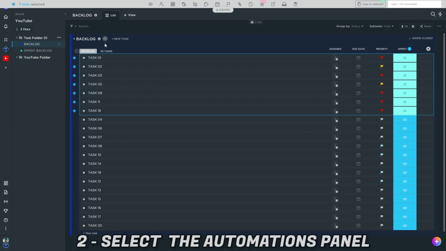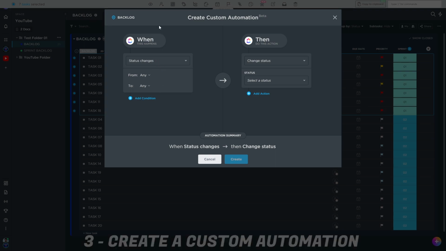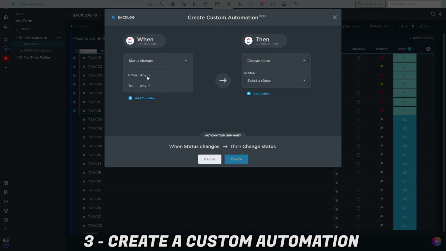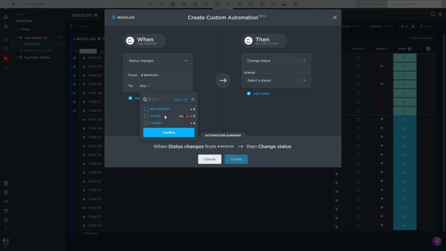We must use automations to do it. So we're going to take the automations button over here. I'm going to do add automation, custom automation over here. So we have to set a trigger, then a copy. How? First of all, I'm going to change the status, okay? From any, not any, I'm going to do this from backlog to pending,